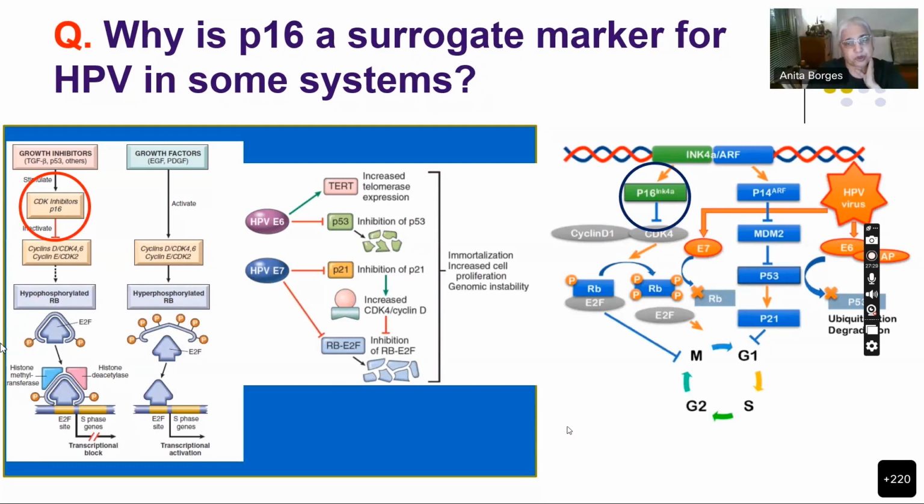Absolutely right. Okay, P16 is an inhibitor of cyclin-CDK4 and the other cyclins, which actually promote hyperphosphorylation of retinoblastoma protein. And if the retinoblastoma protein is hyperphosphorylated, then it releases this factor known as E2F. And E2F then binds to its transcription site, and you get